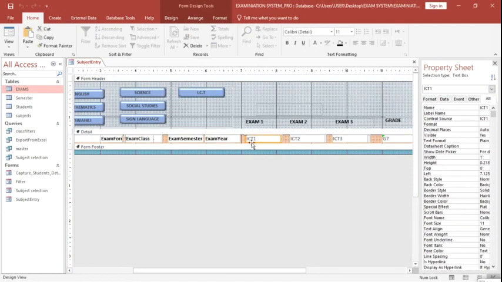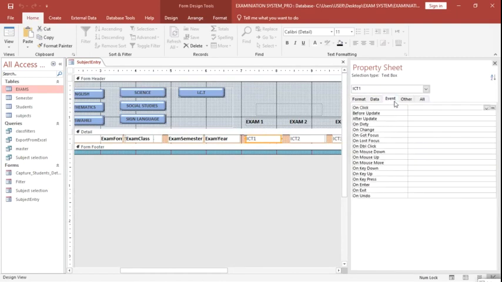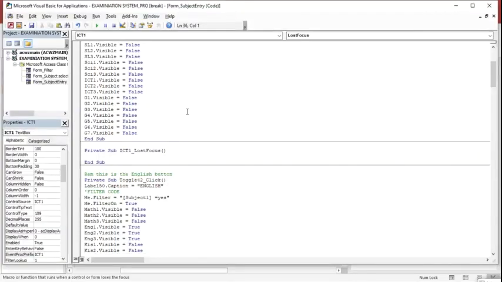So we can start with this ICT one. You click any of these text boxes that will have marks. So I click on ICT one. I go to event, then I go to on roster focus here. On roster focus, I hit the three dots. Then here, I will introduce